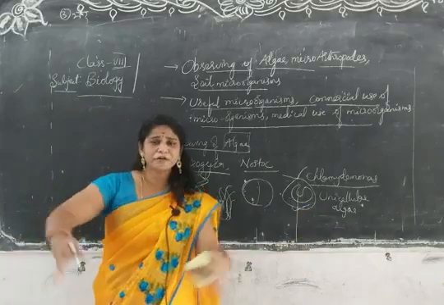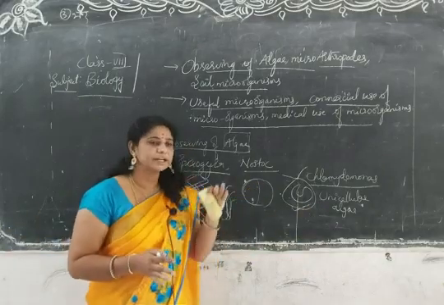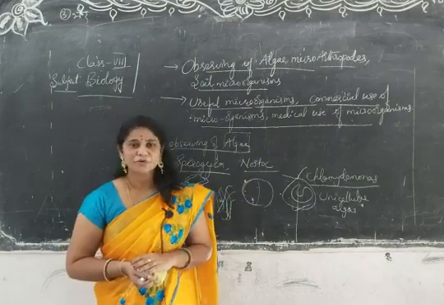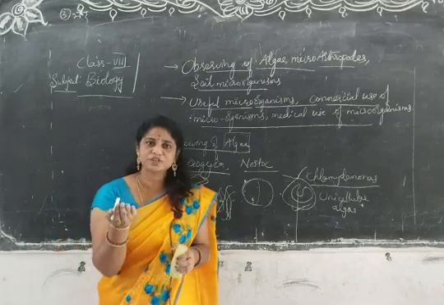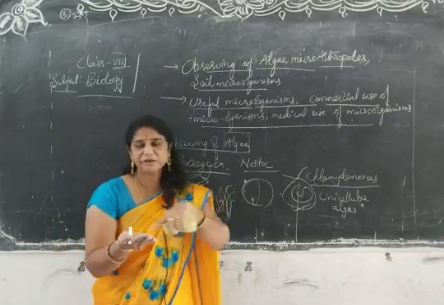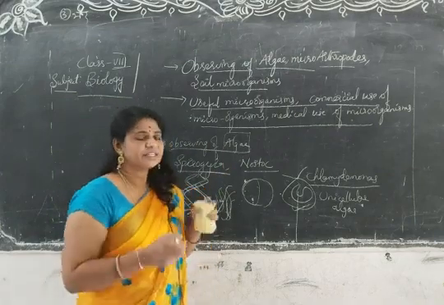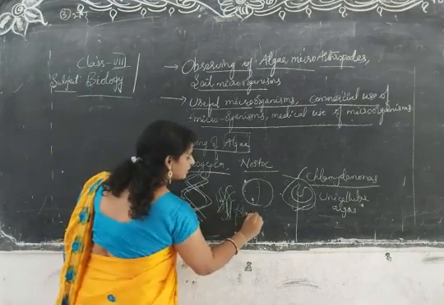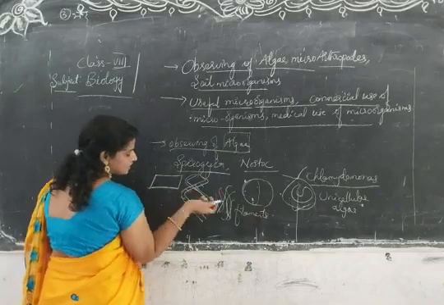A clump of unicellular algae we can also see. Nostoc and Chlamydomonas lie on the surface of the water in ponds. When we bring it with the hand, we get a scoop, and we get the algae completely on the hand, right? So how do we test that? Just take the filaments. These are nothing but the filaments. We take the filaments and place them on the slide. Let's think of it as Spirogyra.